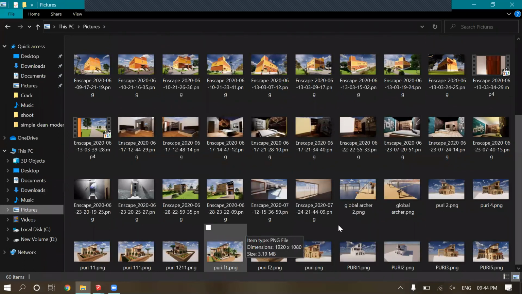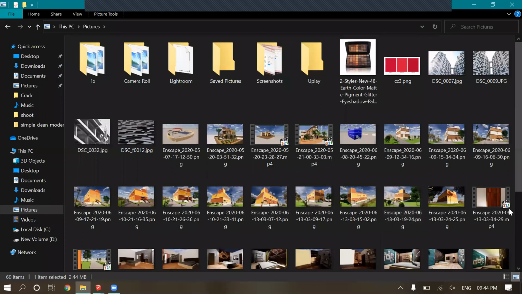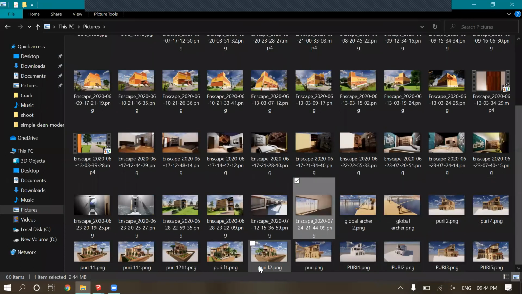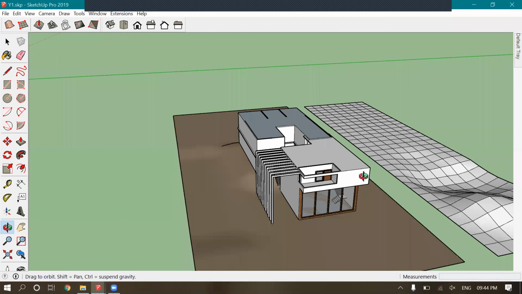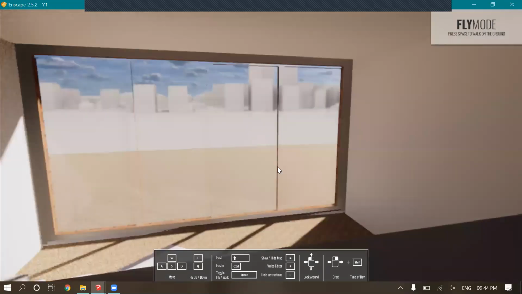Where was it? Need to search, it is saved somewhere. You need to check it. But that's how you would be rendering, and you can change your own view.